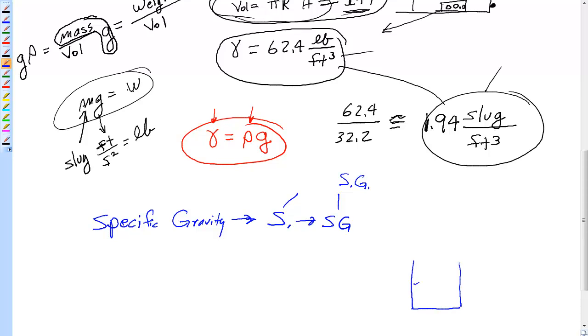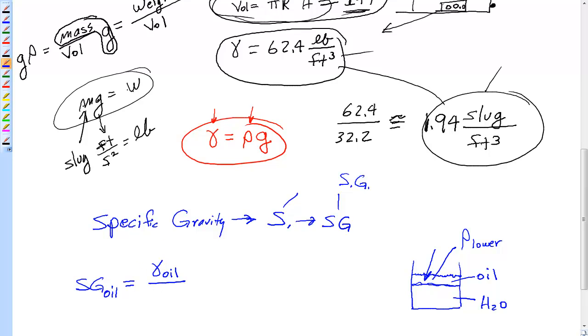For example, take water and pour oil in it. What generally happens after you let it sit a few minutes, your oil kind of sits on top and the water sits underneath. So therefore you would conclude that this is lighter, weighs less, lower density, whatever. So you might be interested in, well, what's the ratio here? Well, it's very simple. You could come in and say, well, gamma. Now, the specific gravity has to be related to a particular liquid. So let's say the specific gravity of oil happens to be